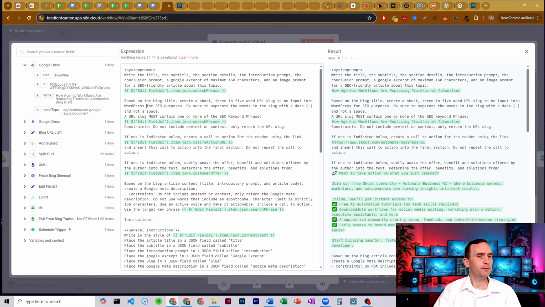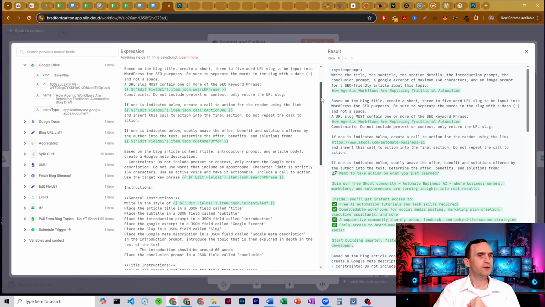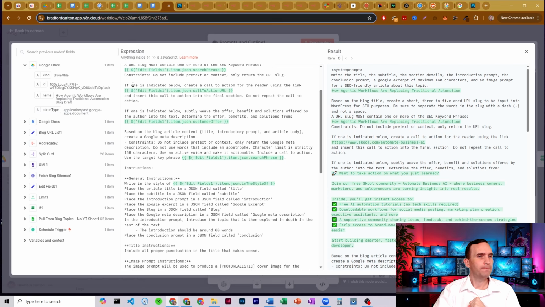All right, and now for the blog, based on the blog title, we also need to create the 3 to 5 word URL slug. It must contain one or more of the phrases found in that search topic, the topic for the blog that we put into the spreadsheet. Don't include any pretext, just the URL slug. It also needs to create a